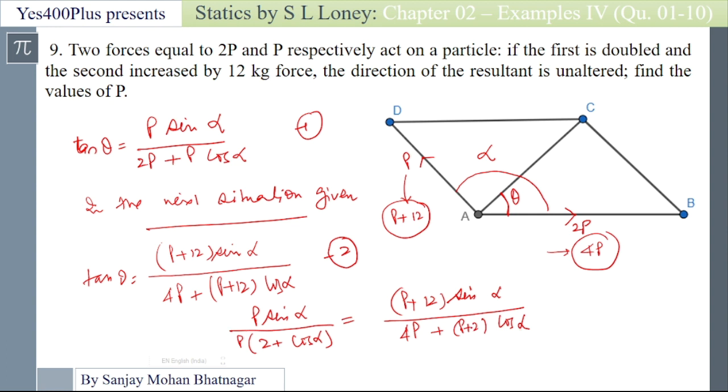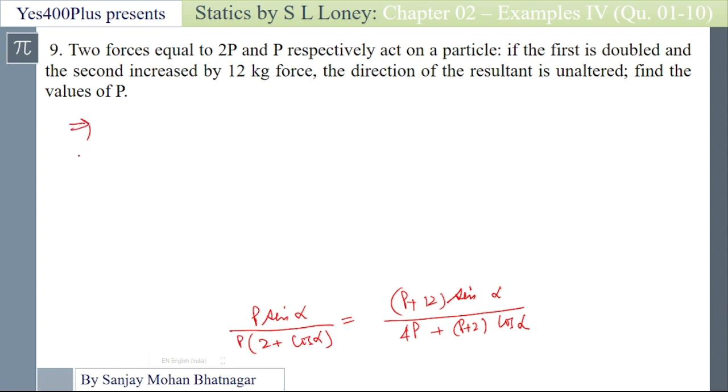Okay, sorry, this is p plus 12 cos alpha. So we have this p cancels out this p and we cross multiply it, and sine alpha is cancelled out with this sine alpha, so we have 4p plus (p plus 12)